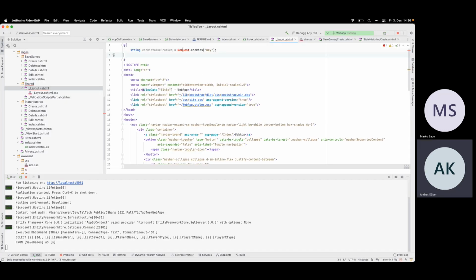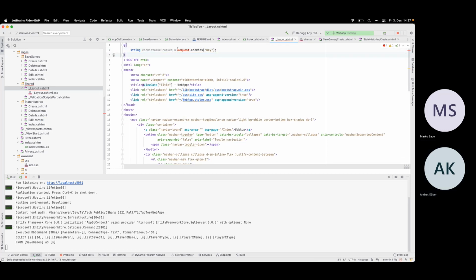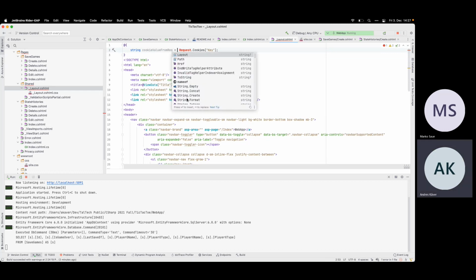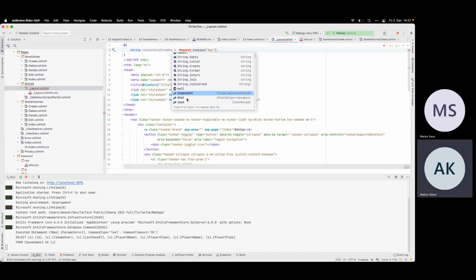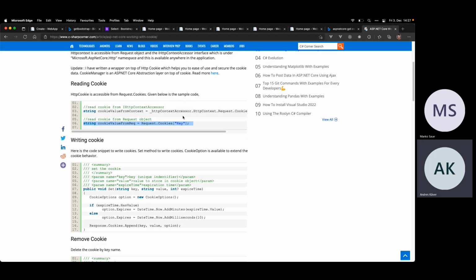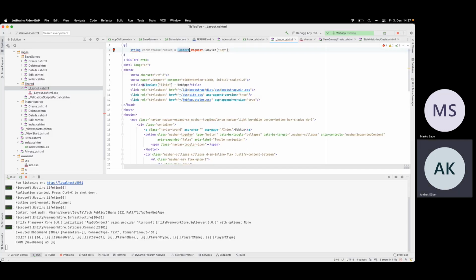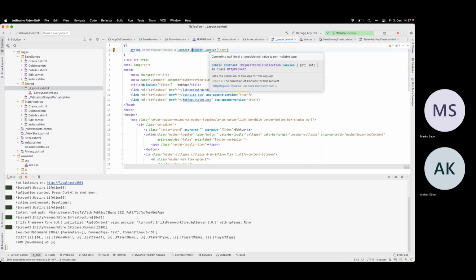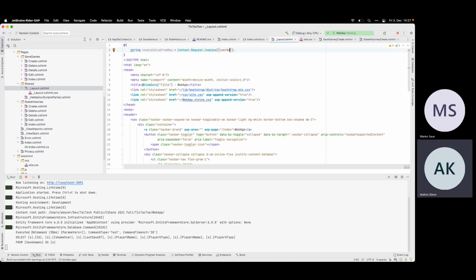No. How can I access the request in the layout? What can I even access here? HTML. Oh, I have context here. So context should have this request. Yes. And this is our, let's say, username.